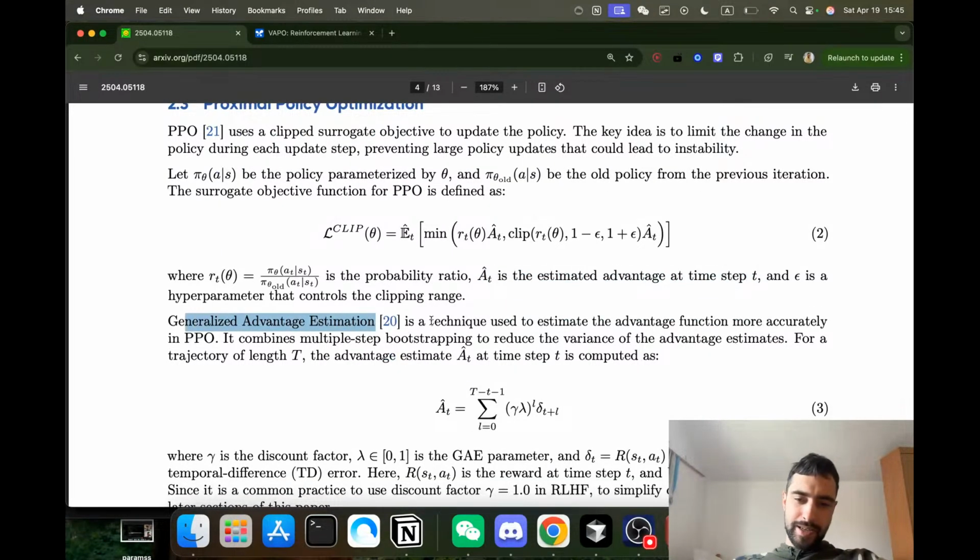Generalized advantage estimation is a technique used to estimate the advantage function more accurately in PPO. It combines multiple step bootstrapping to reduce the variance of the advantage estimation. For a trajectory of length t, the advantage estimation at